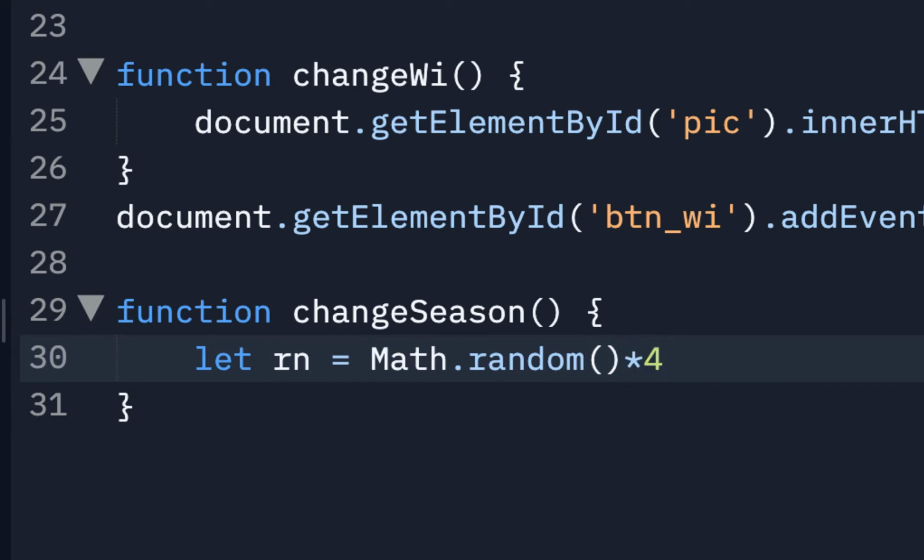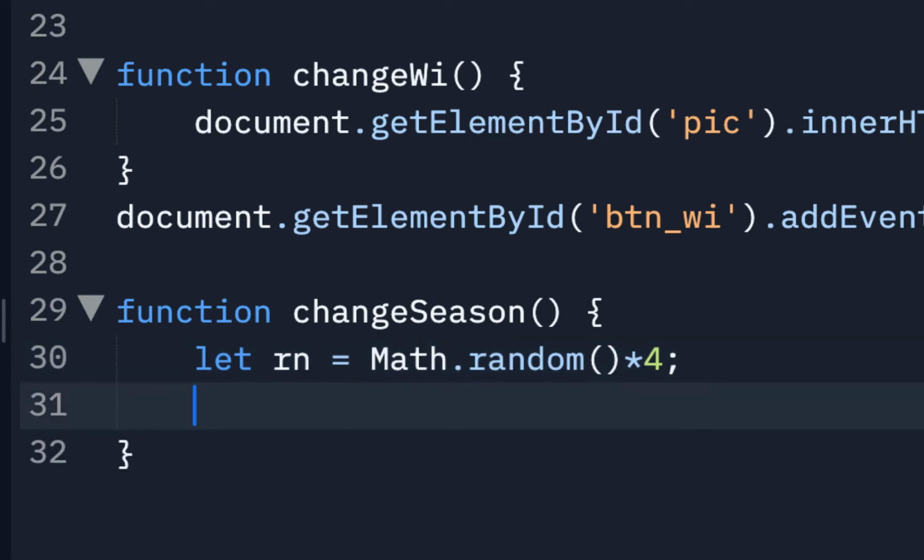Now, there's different ways you could do this, but I'll put a semicolon here. Then I'm going to reassign rn. Now, that's why we have to use let, because we're reassigning rn. So then we're saying rn now is going to equal